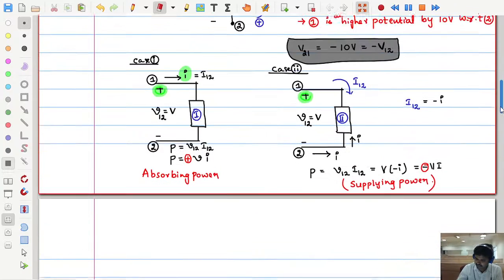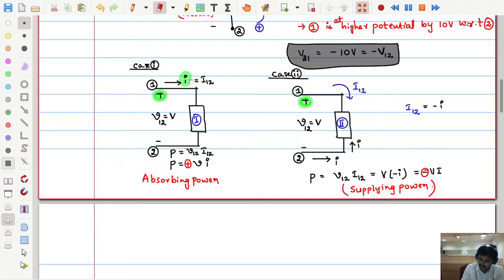Yes, that is the generalized reference convention, which we take up: that the current should enter at the positive terminal of the element, where the element voltage is positive. So when a positive current enters at the positive terminal, that is our reference convention. Hereafter, we take both as positive. So with reference to this first diagram, what will be the power in the second diagram?